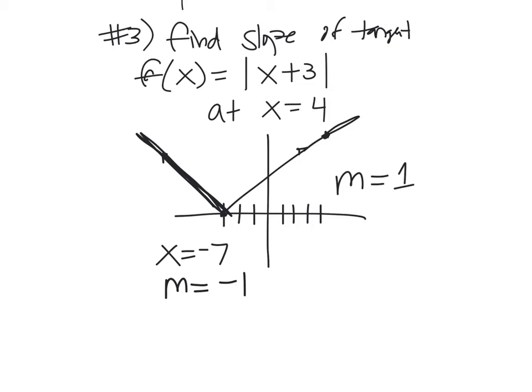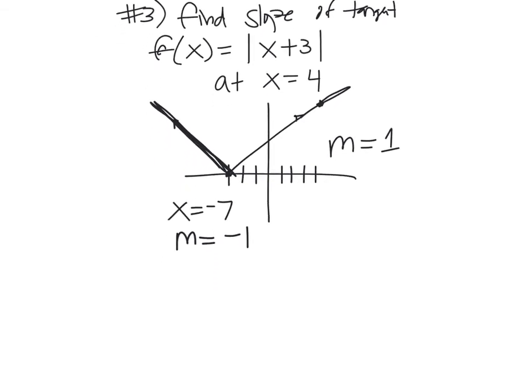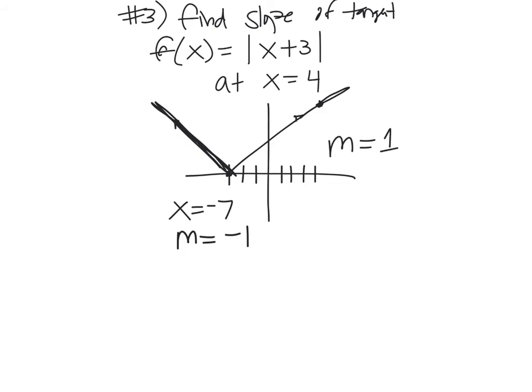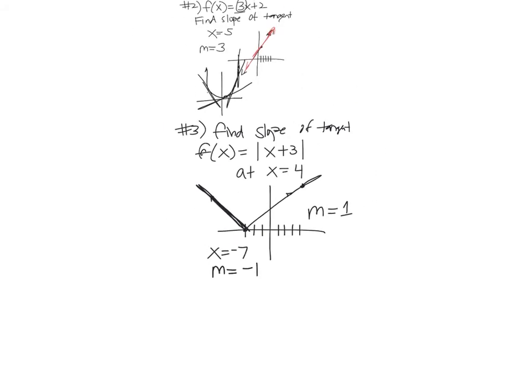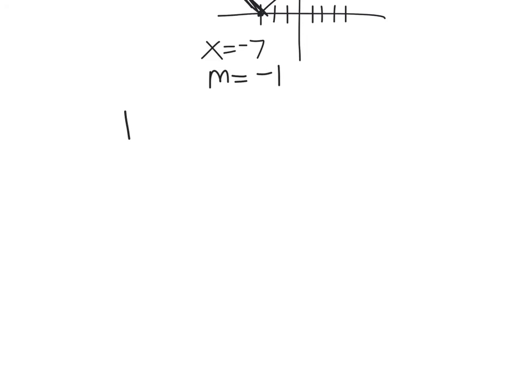Okay? So lines are nice. Lines don't change at all. And even if you have an absolute value, those are just two lines put together. Okay, let's do one last problem, number 4. We're going to do